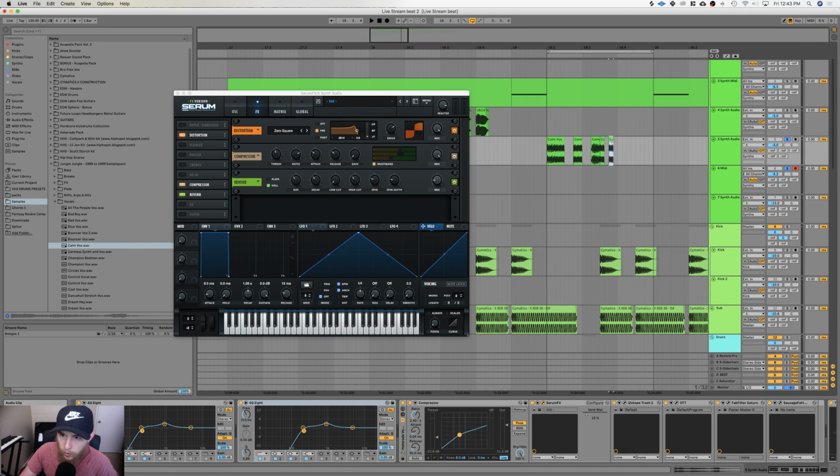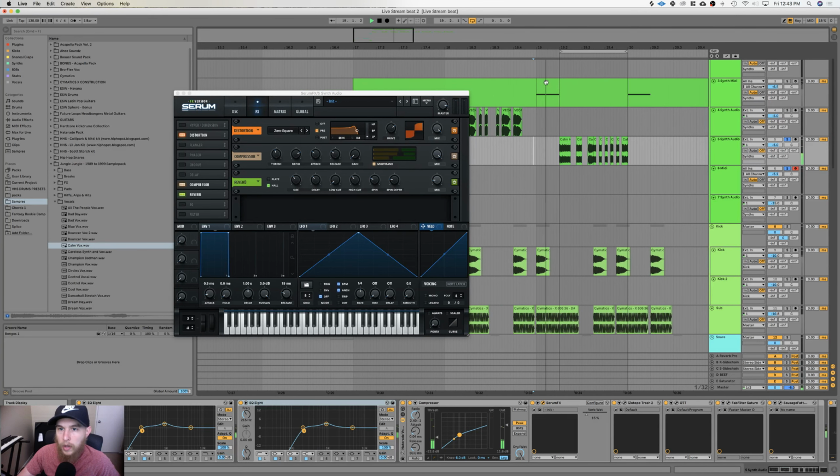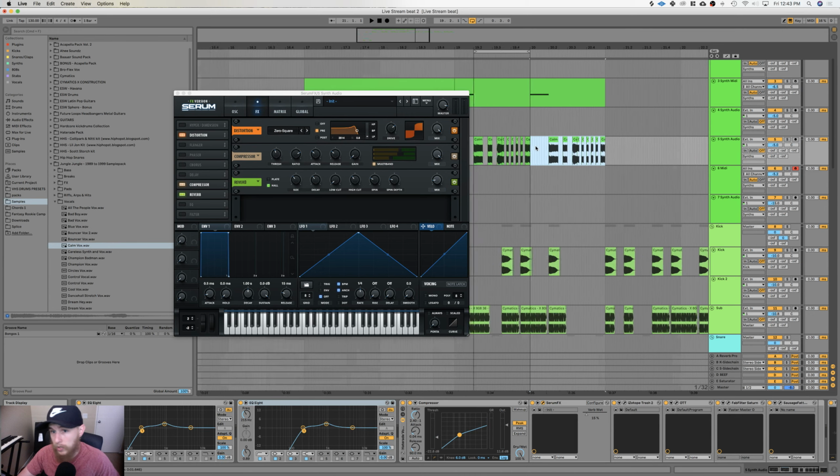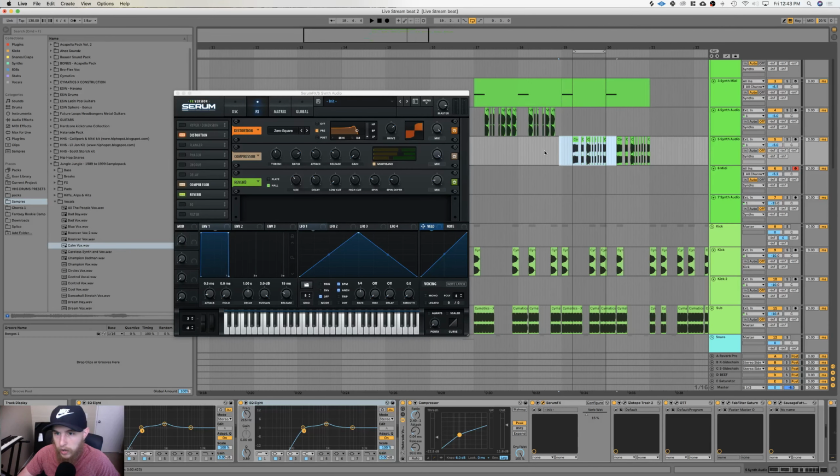So here's something cool I like to do too. If I'm using a long sample like this and I want to have it continue, have it chopped up, I'll just go in and make those little chops right here. This might sound bad, but we're just having fun today.